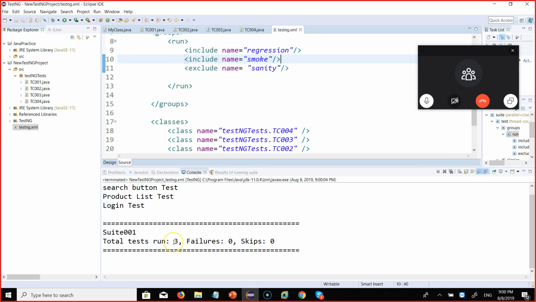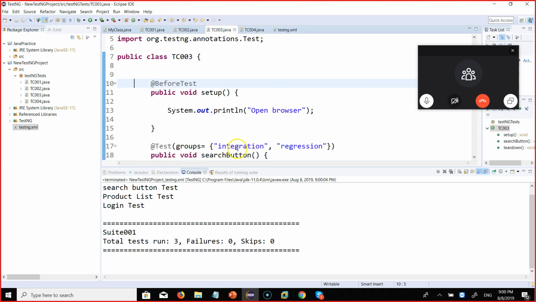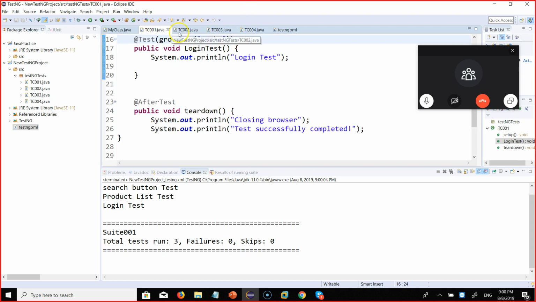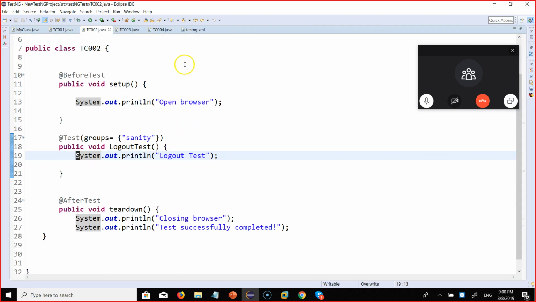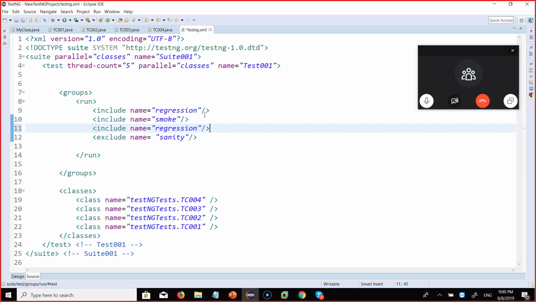Now it runs 3, you see. So there are, this one is regression, this one also regression, integration and regression, and this one is which one? This one is smoke. So there are 3 running, but the sanity is not running. Which one is sanity? This one, you see. So thus you can include and exclude, and if you want to include maybe integration, say for example,